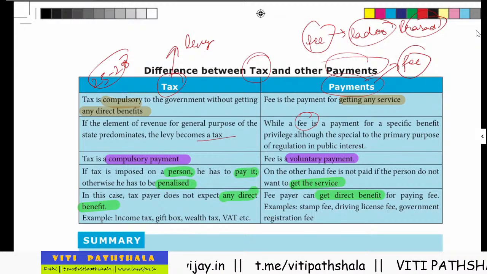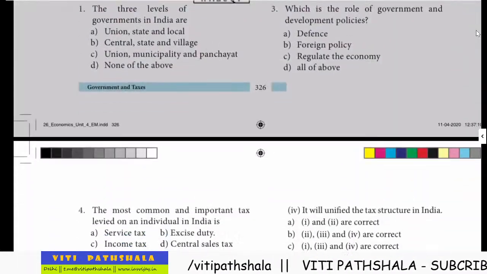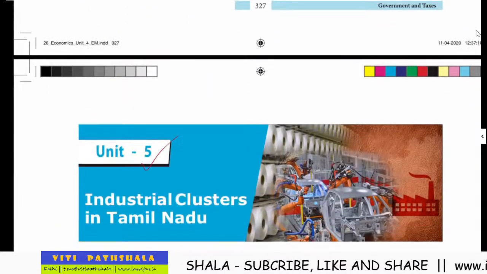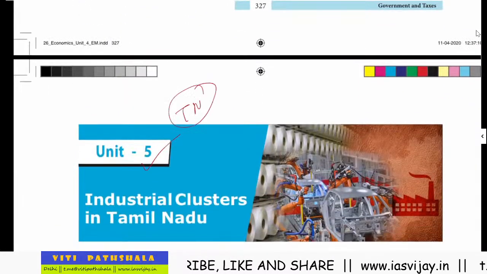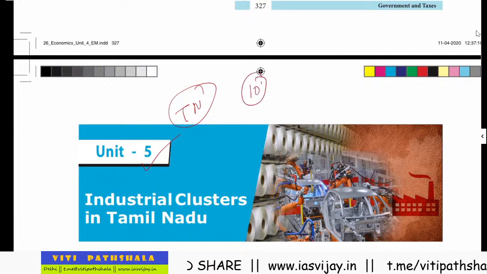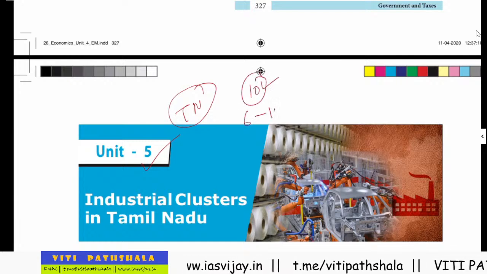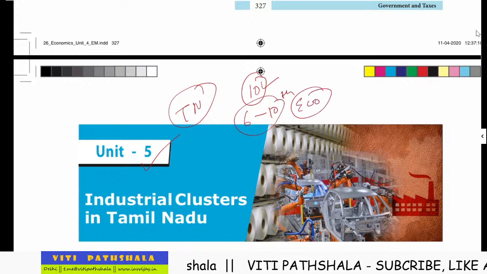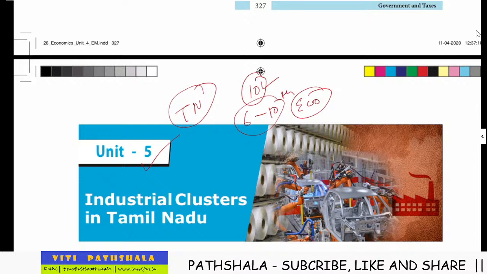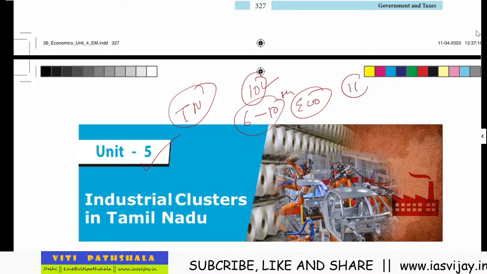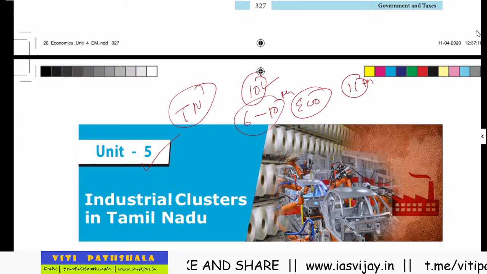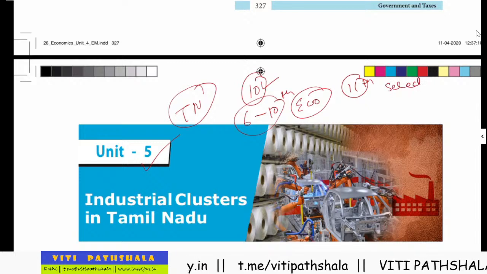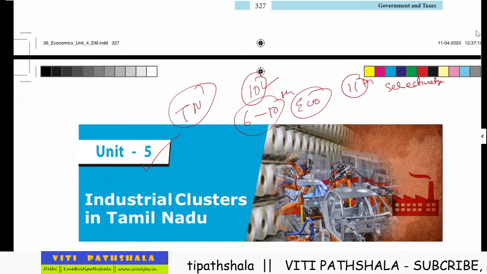So this was all in this chapter, and now we have completed your economics. This fifth chapter is only for the Tamil Nadu people, and we have completed the 10th class, and now sixth to 10th class economics we have done. We have completed that also. Now the major portion is left, and the important portion we will be doing in the 11th class. 11th we will be doing selectively because the UPSC is concerned about